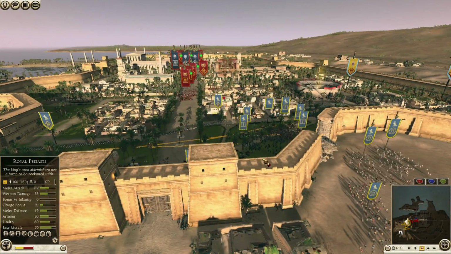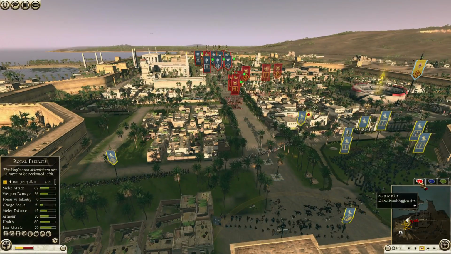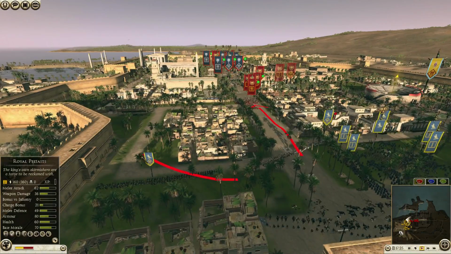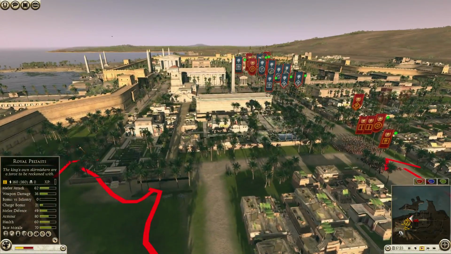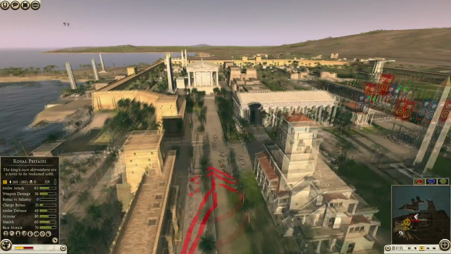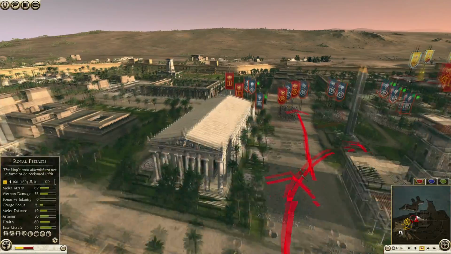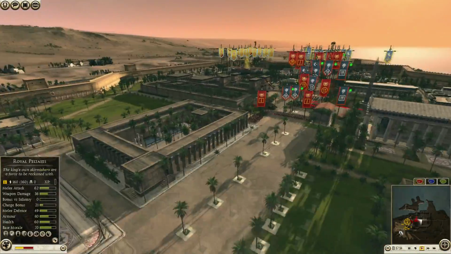Some of my units I'm going to send right here to try to pincer these Roman units that he sent up here, and then the rest of my army is going to go all the way back here and attack from this direction and this direction on the city street. So we're basically going to try to surround everyone. They've gathered up in the central plaza, and